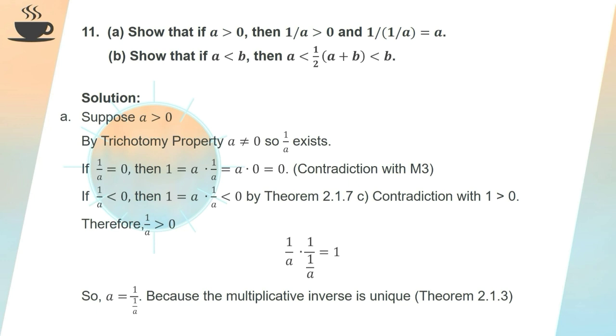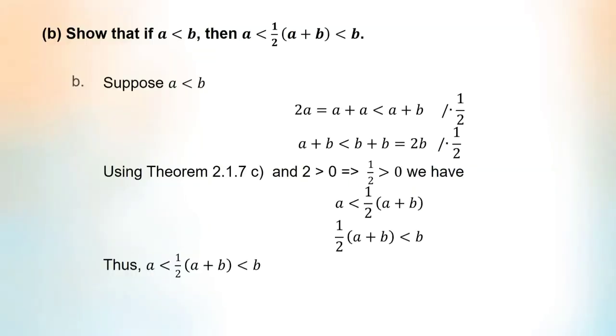Next, 1 over a times 1 over a equals 1. So, we have a equals 1 over a because the multiplicative inverse is unique. This is based on theorem 2.1.3. Thus, we can conclude that if a greater than 0, then 1 over a greater than 0 and 1 over a equals a. Next, we will show that if a less than b, then a less than 1 over 2